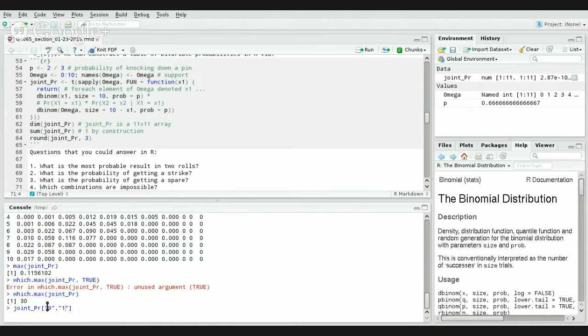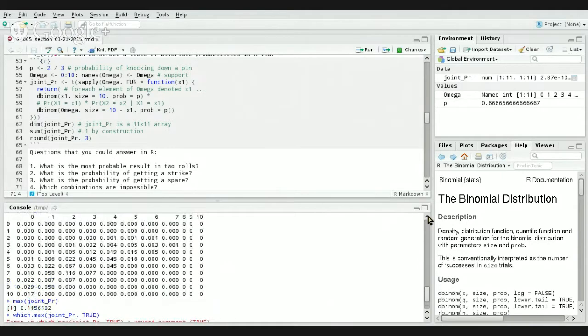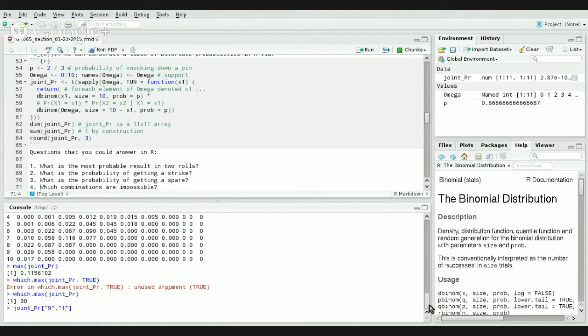If we didn't have the quotation marks, it would refer to the 9th row, which is actually the event that 8 pins are knocked down. Similarly with the columns, we can select the column named 1, which is actually the second column because the first column is the event that you knock down 0 pins. So if we just add up all these combinations,